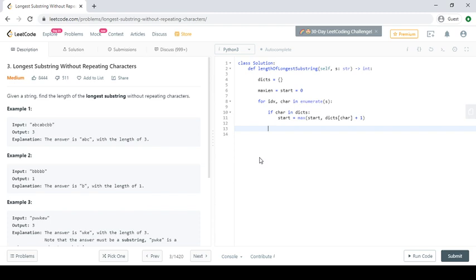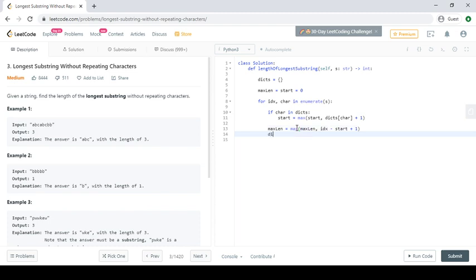Then we'll take the maximum length. We'll calculate the maximum length using max, the formula we already discussed before. Max length is max of max length, or current index minus current start, the left sliding window position, and then adding 1 because we have added a character.